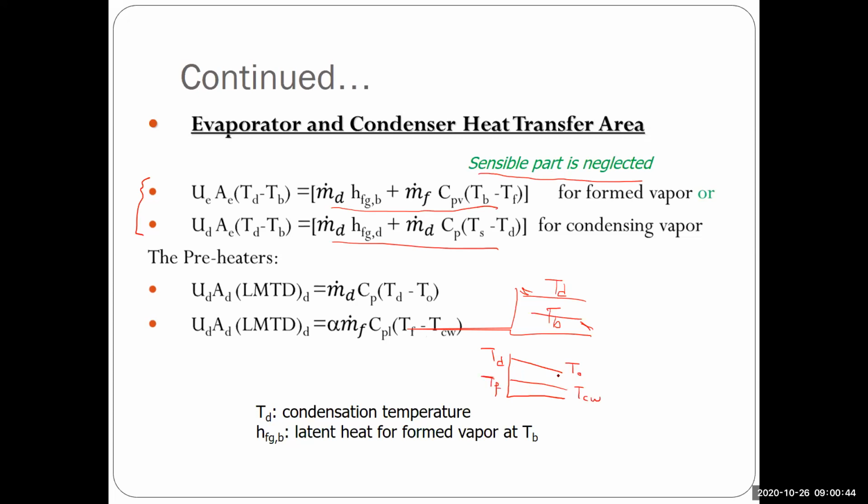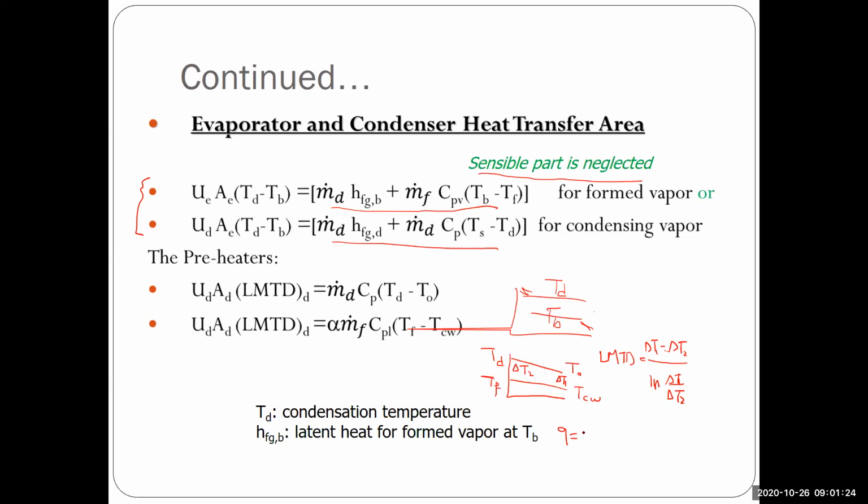So we have delta T1 and delta T2, so that the log mean temperature difference can be calculated: delta T1 minus delta T2 divided by ln of delta T1 over delta T2. Say that now we're talking about this heat exchanger, which is the distillate cooling heat exchanger. So Q here is going to equal